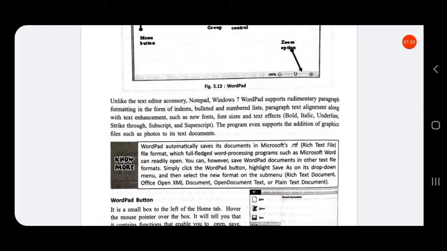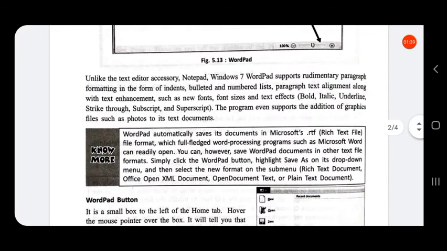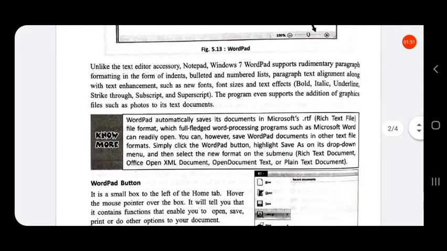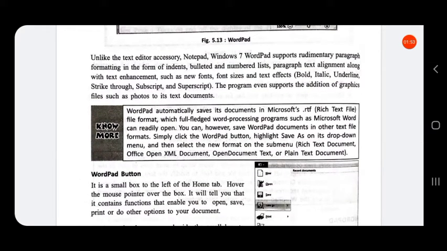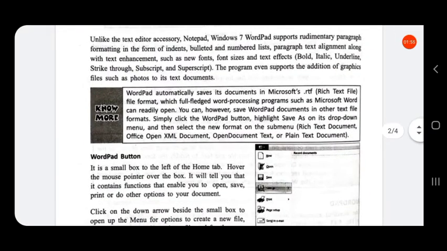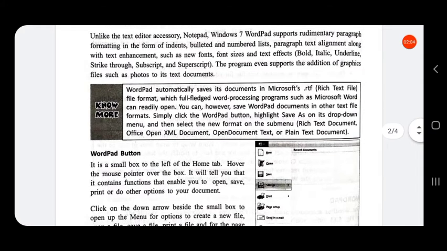WordPad automatically saves its document in Microsoft's .rtf file format, that is rich text file format. That is, the file which is composed in WordPad is saved in the form of .rtf, which full-fledged word processing programs such as Microsoft Word can readily open.